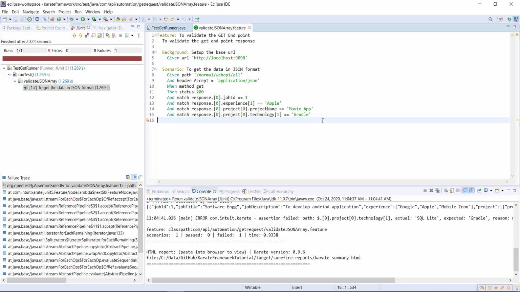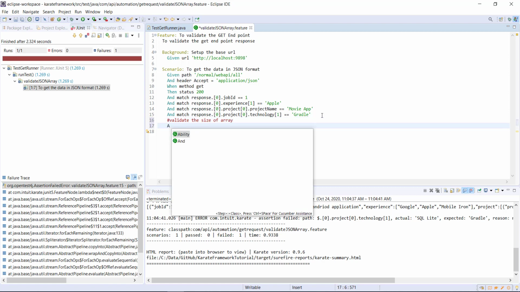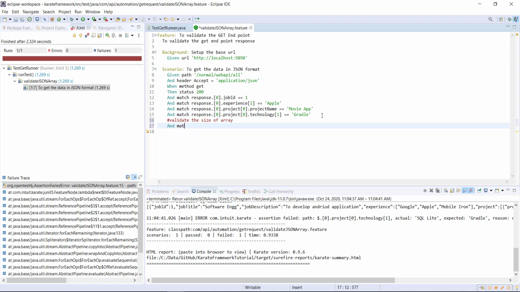In some cases, you want to validate the size of a JSON array. That can be done by writing this expression. AND keyword, match, specify the JSON array.